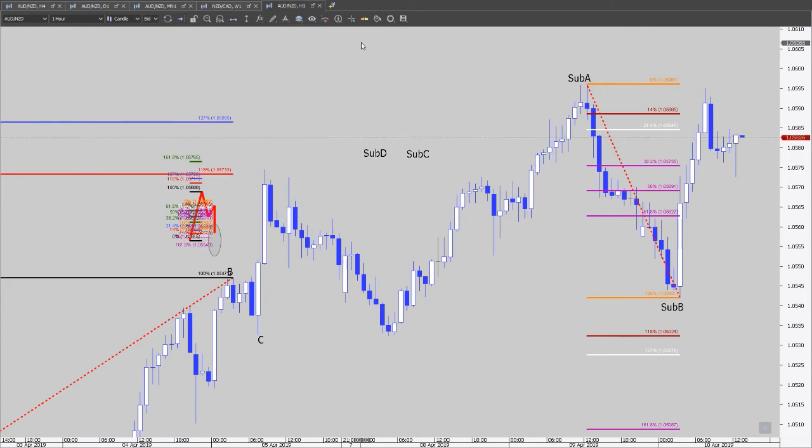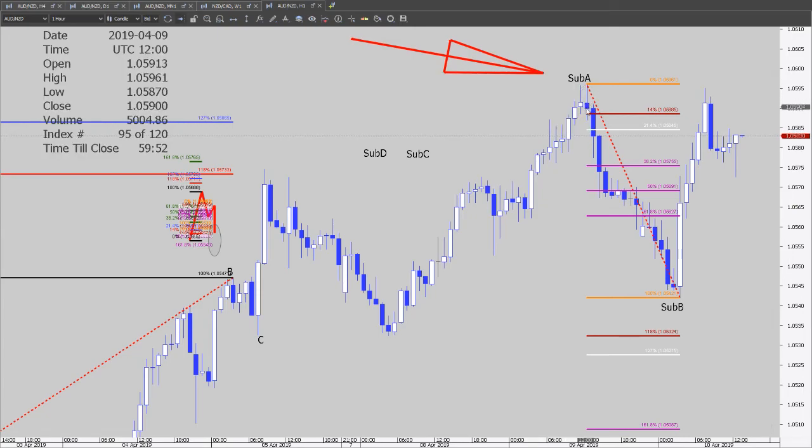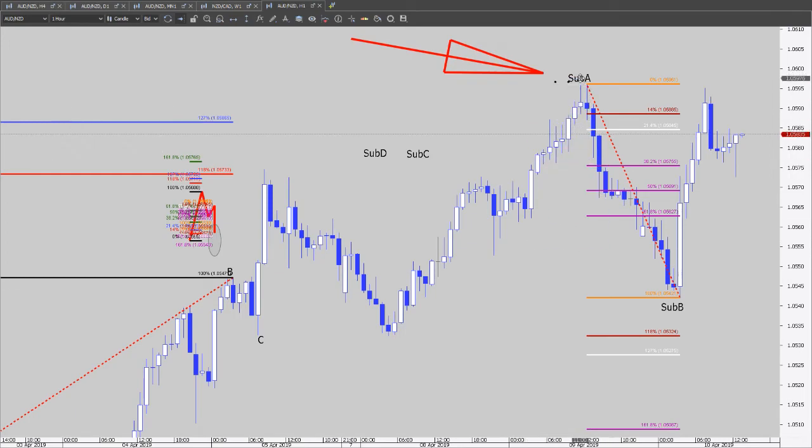Again, why in here, for those who have problems identifying the contrarian Fibonacci? Well, the sub A is the starting point of the retracement. Of course, this retracement is speculative in nature, because we don't know if the market is going to push lower or the market is going to push higher. Either way, this is our sub A, because this is the starting point, for the time being, of the retracement,